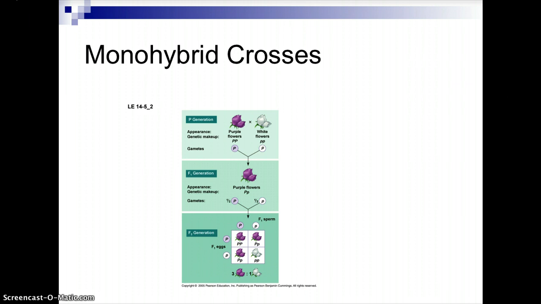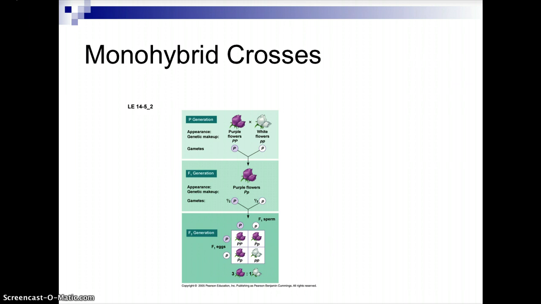So, monohybrid cross. Here you can see the cross between the true breeding white flower pea plant versus the true breeding purple flower pea plant. Look at the gamete formation there. Because of the law of segregation, each gamete could only contain one copy of that gene. So in the gametes you have the capital P for the purple flowers and the lowercase p for the white flowers, and when those are fertilized,